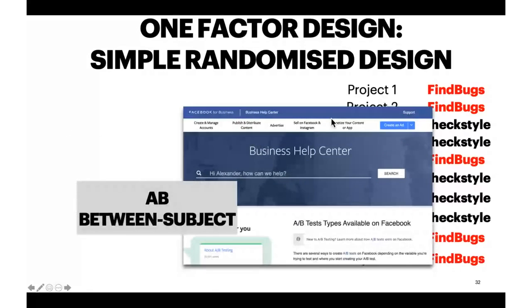In case of only two alternatives, this design is also known as A-B between subject. Of course, in general, the simple randomized design can work for any number of alternatives. But if there are only two, then those options are usually called A and B, and each subject is randomly assigned either to A or to B. This is a very popular